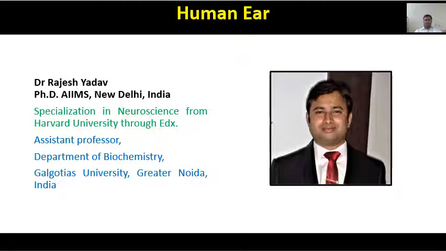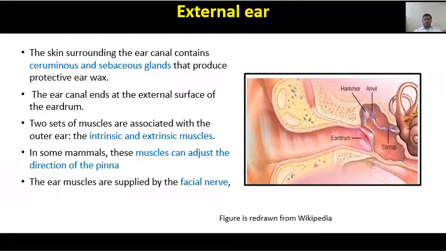Today we will discuss the topic human ear. So what is the human ear and what is the main function of the human ear? First of all, we discuss the external part of the ear, that is called the external ear. The main function of the external ear is to collect the sound and to reach the middle ear or tympanic